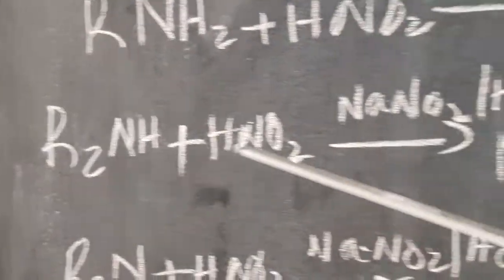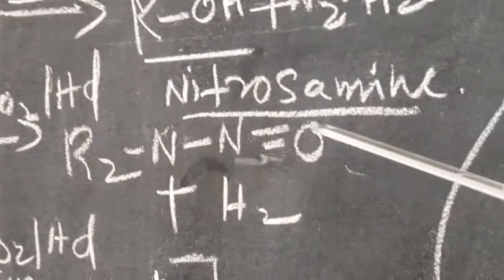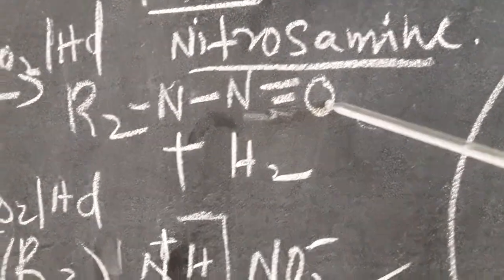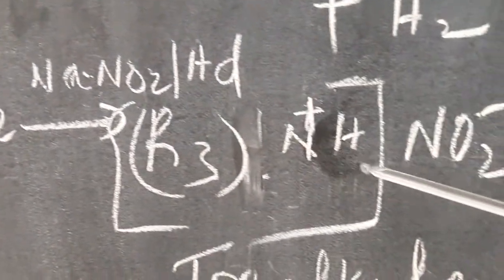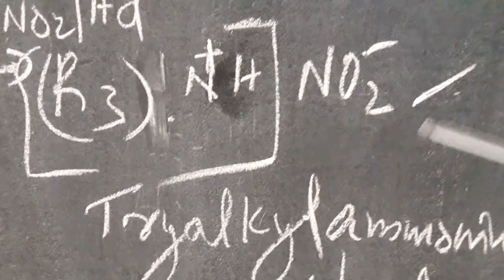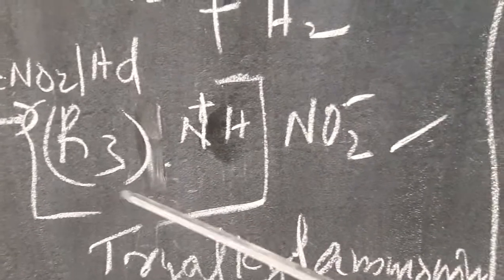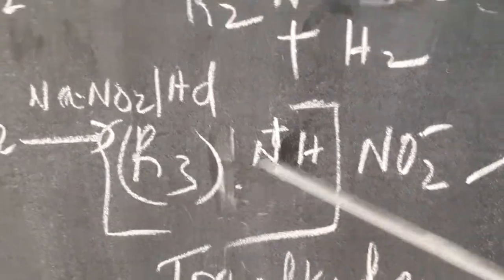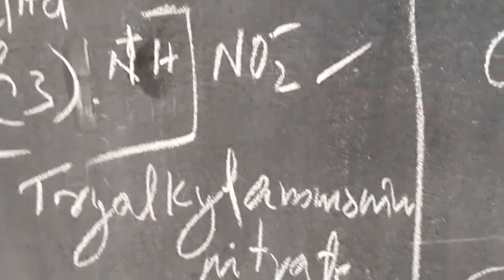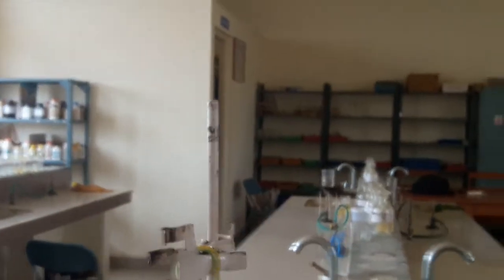Secondary amine you take it and do the same reaction, but in this case you are getting a nitrosamine. And tertiary amine also will be reacting and forming the corresponding quaternary ammonium salt. In this, R3 means alkyl group. R3 means trialkyl ammonium nitrate in this case. Okay, so these are the important reactions of